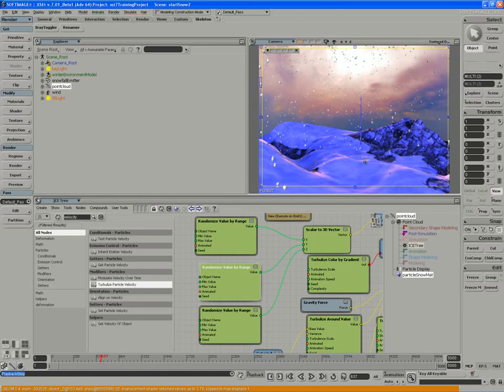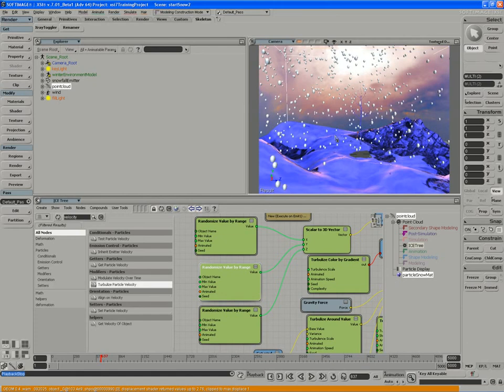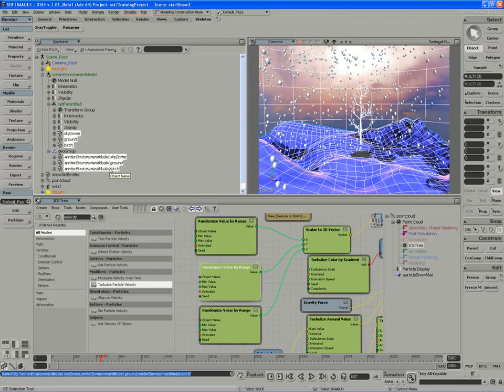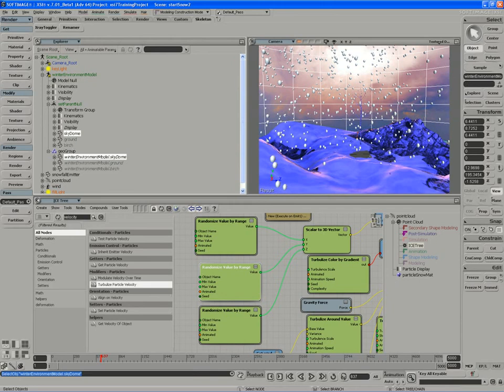So now it's just a matter of rendering the particles, and to do that we're going to separate this into layers and isolate the particles themselves. So I'm going to use passes to do this, and the easiest way of course is to take the environment, the sky dome, the ground, and the birch, and essentially just hide them and render the particles off on their own layer. What we could do is use the environment and birch as a mask for the particles, which might be better to do. So in this case, the sky dome is going to be hidden. I want the black of the environment to act as alpha for the particles,